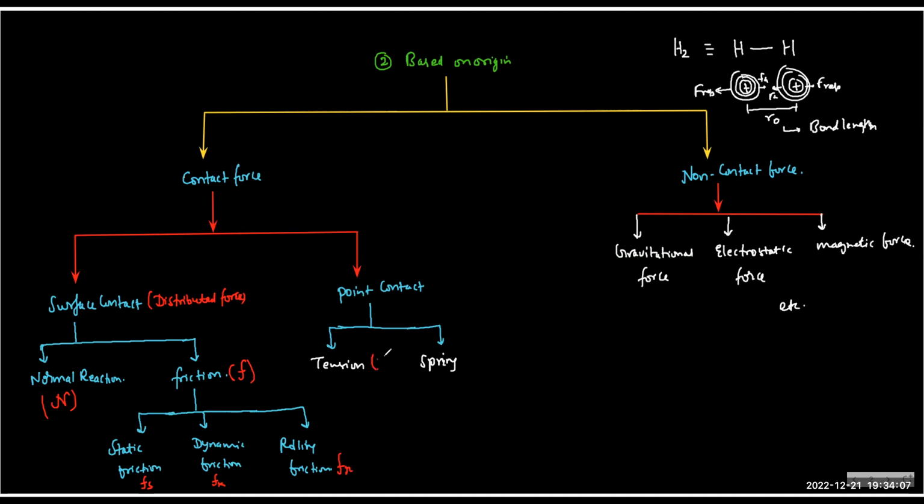For tension, we continue with the symbol T. For spring force, we can just write Fsp. For gravitational force, you can call it Fg, and in different contexts we write it differently, so we generally write mg. Other forces we're not supposed to know right now; as the chapter comes, they will come. So these forces and symbols are very typical. We are going to use them to represent our questions accordingly.